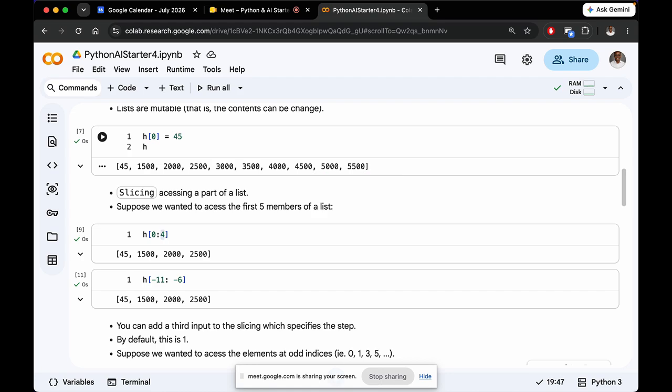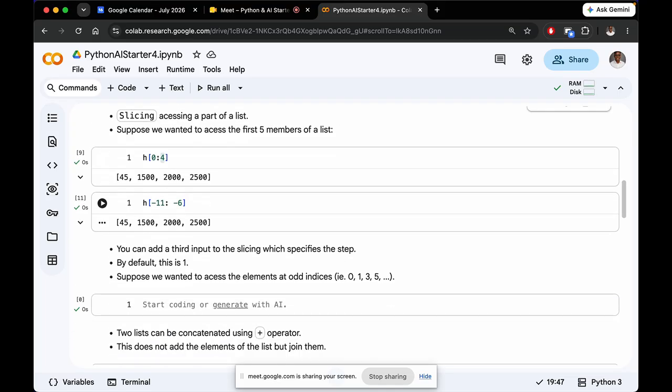So 45, 2,000, 3,000, 4,000, and so on. So values at odd indices, those, so 0, 2, 4, 6, 8. I'm saying odd, I should rather say even indices. How do we do that? You can